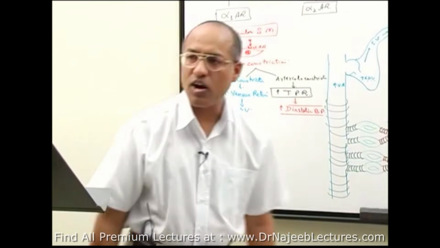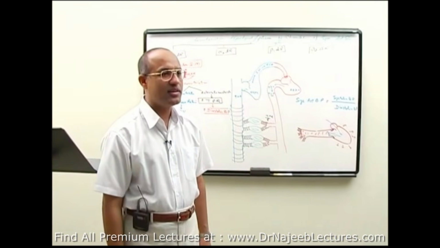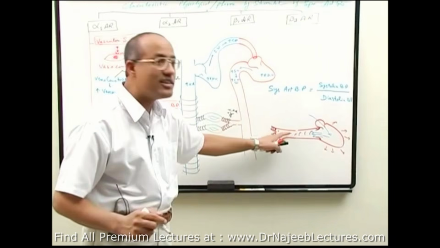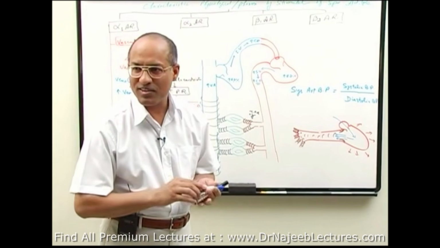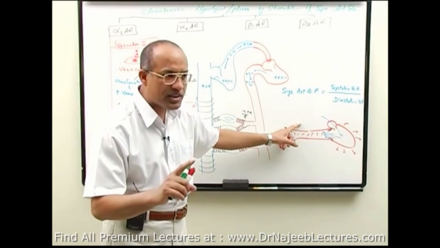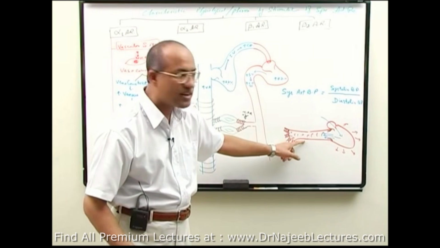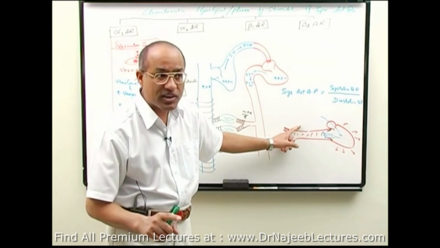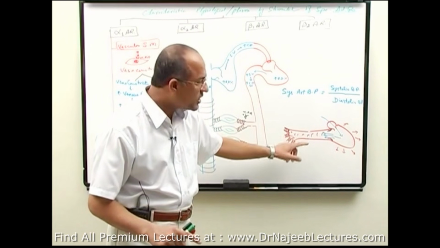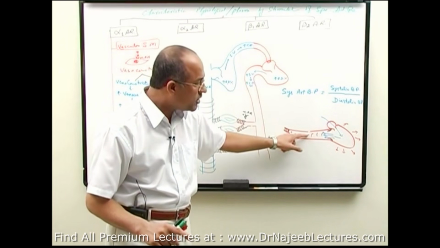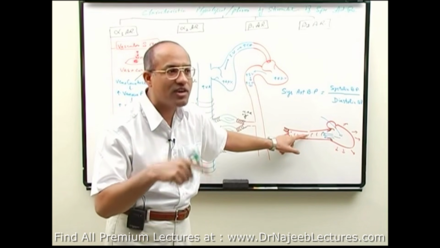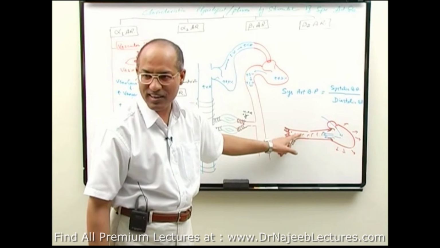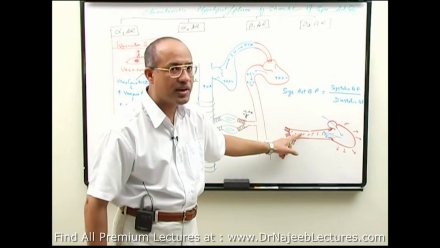So in all this talk, what did we learn? We learned that systolic blood pressure depends mainly on cardiac output, because systolic blood pressure is the blood pressure in a major artery during systole, and diastolic blood pressure is the blood pressure in a major artery during diastole. During the systole, the pressure here mainly depends on how much blood is coming from the heart, right? So it means systolic blood pressure depends mainly on